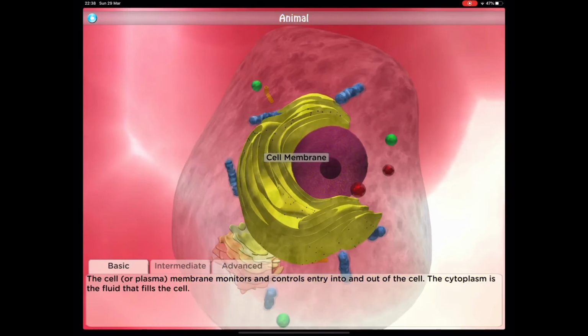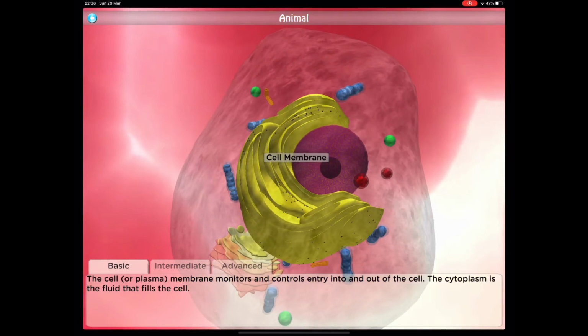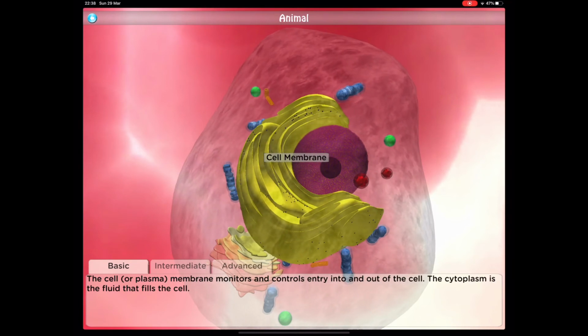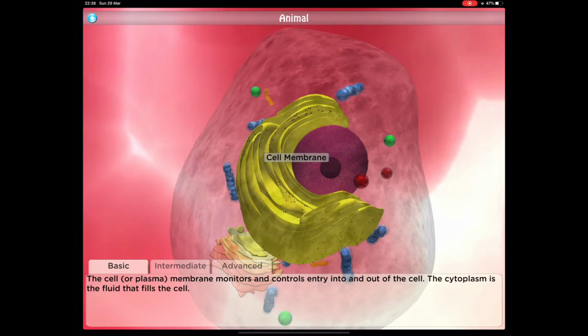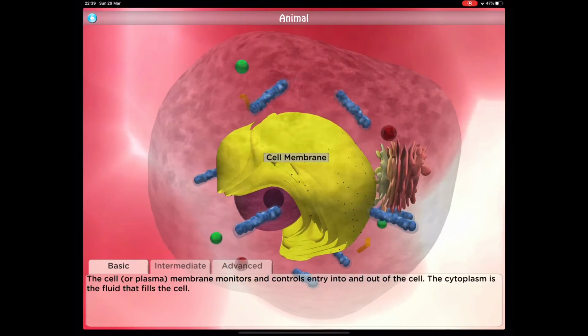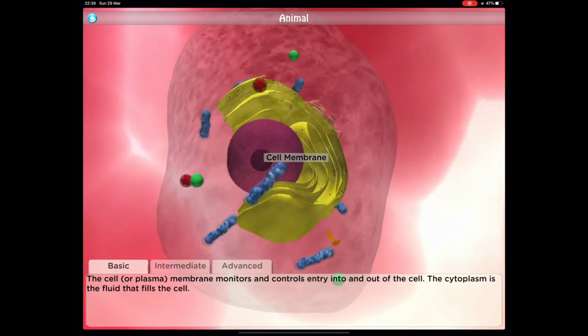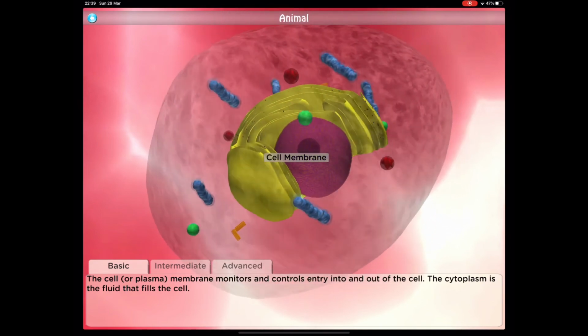Okay, the cytoplasm is not coming up, but so cytoplasm, okay, is where chemical reactions take place. So just jot down on a piece of paper, the cytoplasm is where chemical reactions take place. So this was just for your reference, so you could just see a typical eukaryotic cell, typical animal cell, in